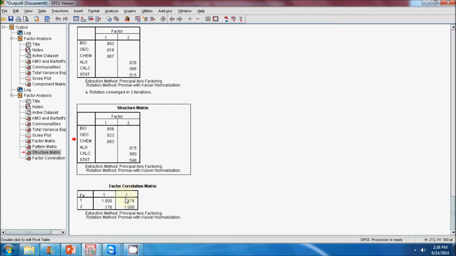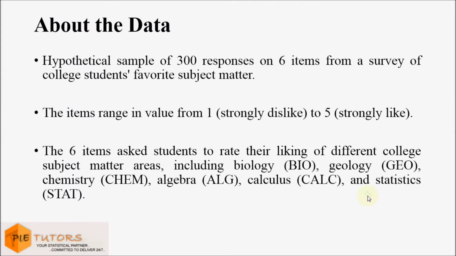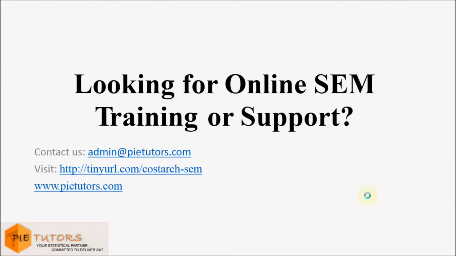Also, we can see the correlation between our factor scores is 0.76, and recall that our choice of oblique rotation allowed us to recognize this relationship. There are many other considerations to be made in developing and assessing an EFA, which we have not covered here. The intent with this tutorial was simply to demonstrate the basic execution of EFA in SPSS.